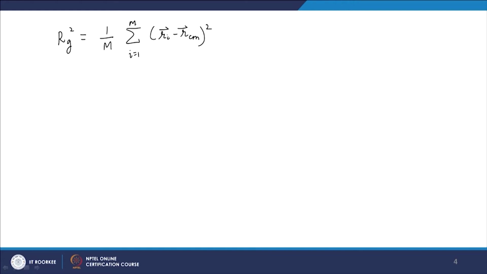Of course, I can expand the square, and then what I will get is 1/M sum over i from 1 to M of Ri squared plus Rcm squared minus 2 Ri dotted with Rcm,